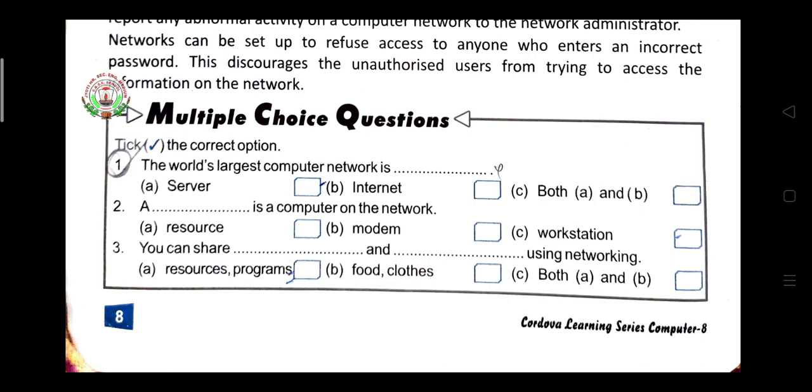So students, this is the multiple choice question. You have to write these questions in your computer fair copy notebook, and first complete the earlier lessons number 4 and 5. All the question answers I had given, first you complete them and then start this chapter. This MCQ you have to write in your notebook.